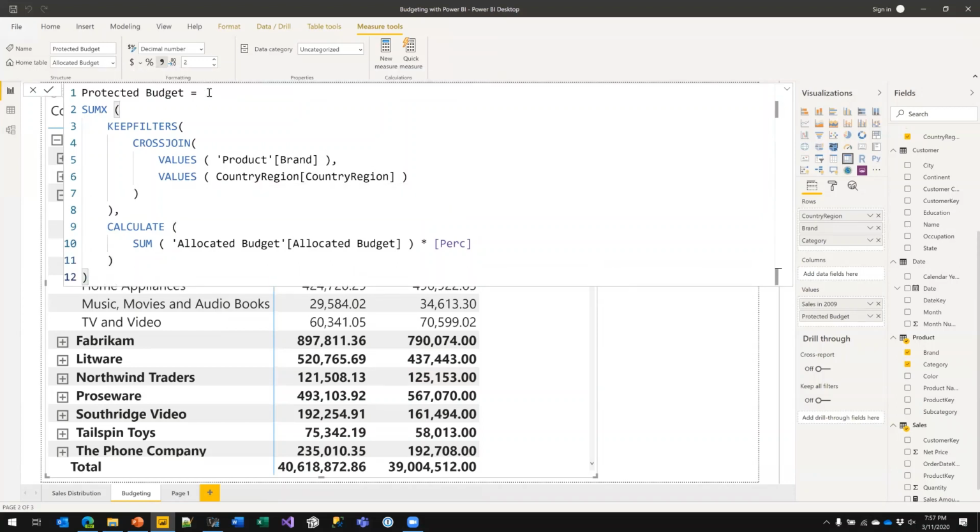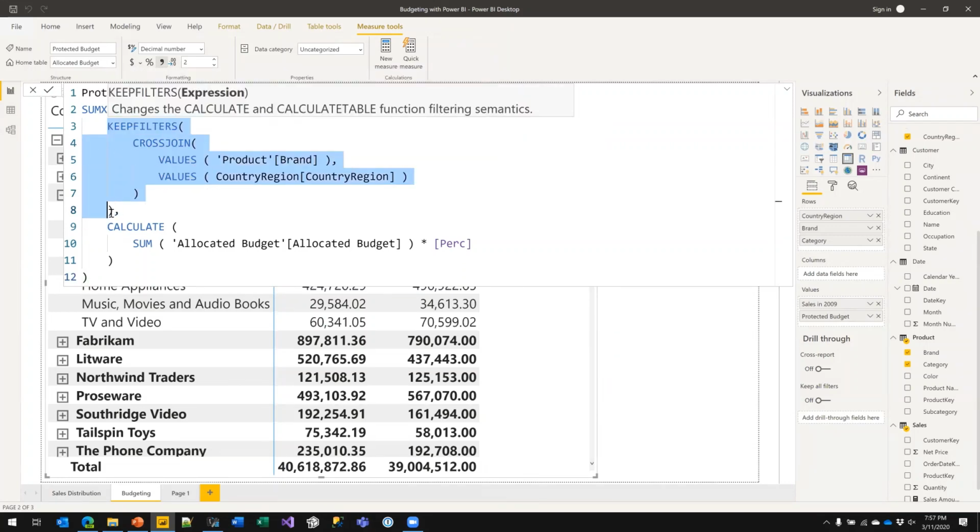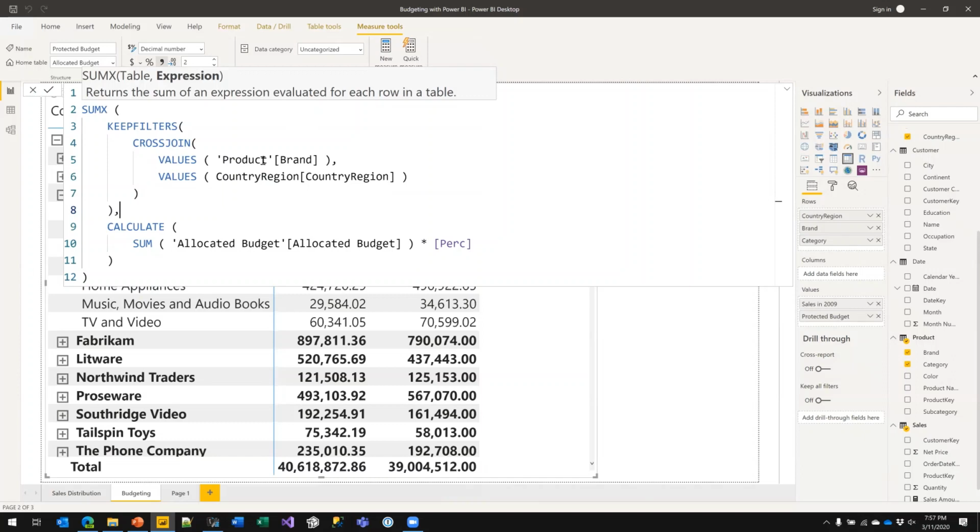Now, I just wrote the code without explaining it because I was more interested in showing you the code than in commenting it online. This calculation basically forces the entire calculation to always go at the granularity of the budget.